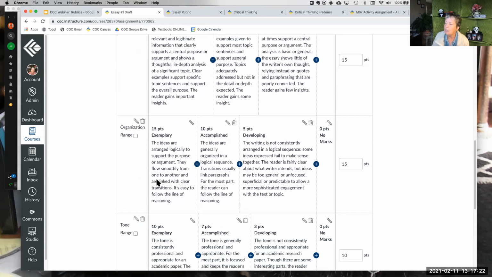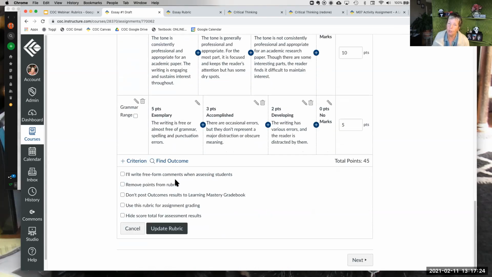Okay, here's the thing I want to make sure you know about, because I learned it the hard way and so do many other instructors. At the bottom of the rubric itself are a bunch of options. And the one you will always want to click is use this rubric for assignment grading. We're going to go into SpeedGrader in a minute and I'll show you what I mean. But if you don't click that box, the rubric won't have the interactive element in SpeedGrader where you can just check the box to indicate what rating the student got. So for now, just imprint on your brain, always click, use this rubric for assignment grading.